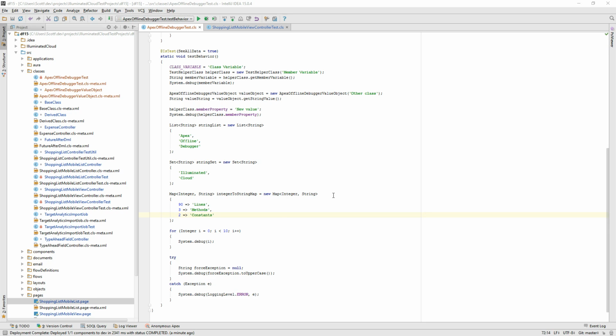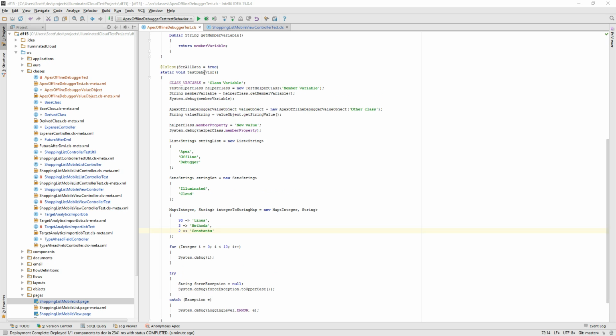It's been a few weeks since I showed the first preview of the offline debugger for Illuminated Cloud. In that time, I've pretty much gotten it into a completed state and plan to release it soon. I wanted to put together a new video that shows some of the features I've added to it, and specifically how you interact with it. So let's start by looking at how you would launch it, for example, for a unit